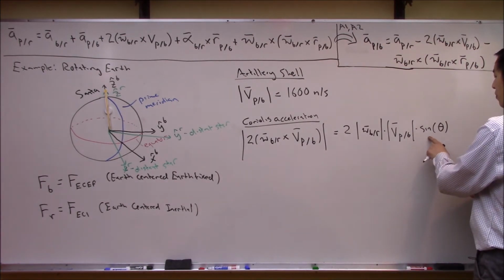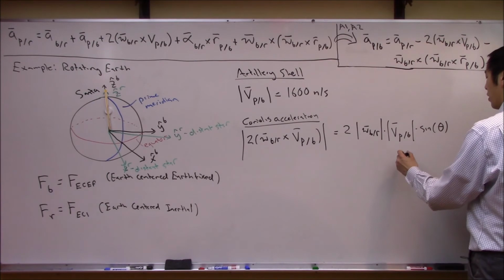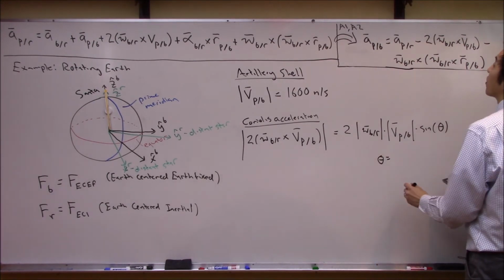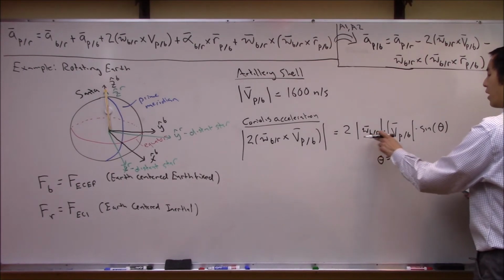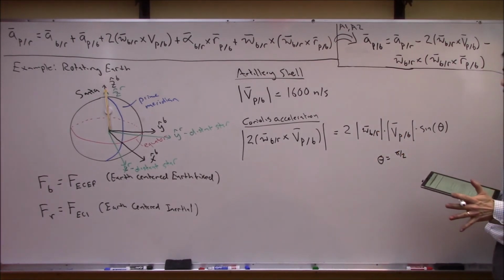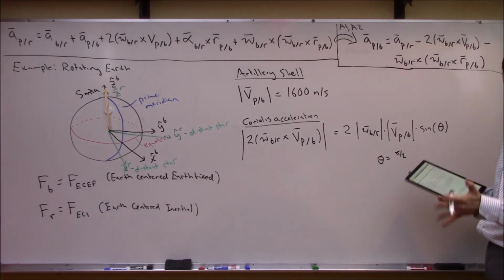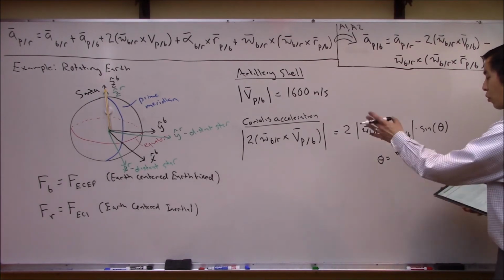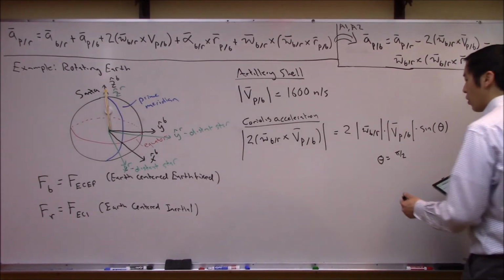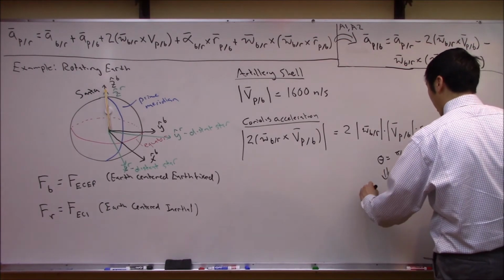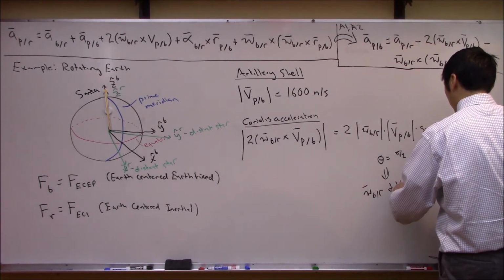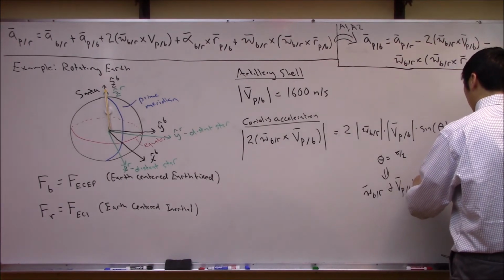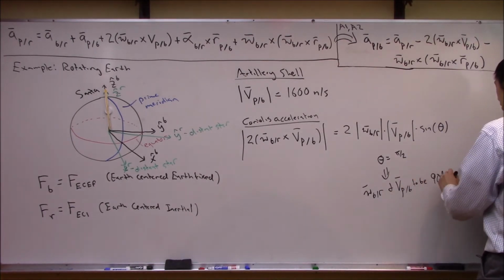So we want this to be 1 here. So I think that occurs when theta, sine is 1 when theta is pi over 2 here, right? So when omega and vp are 90 degrees to each other, we should get maximal Coriolis effect, or Coriolis acceleration here. So in order to do this, I need omega of b with respect to r and vp with respect to b to be 90 degrees apart,